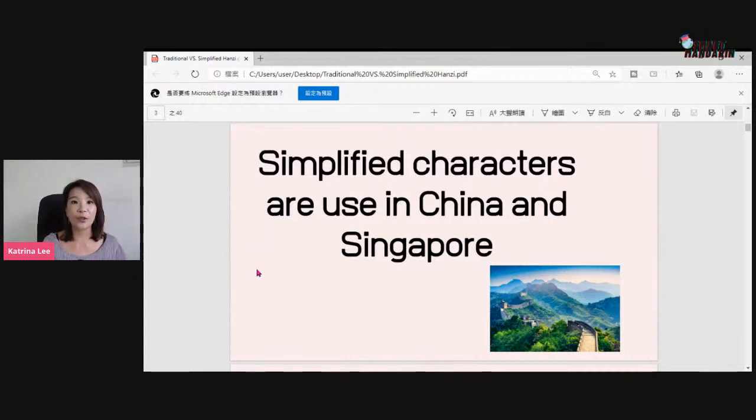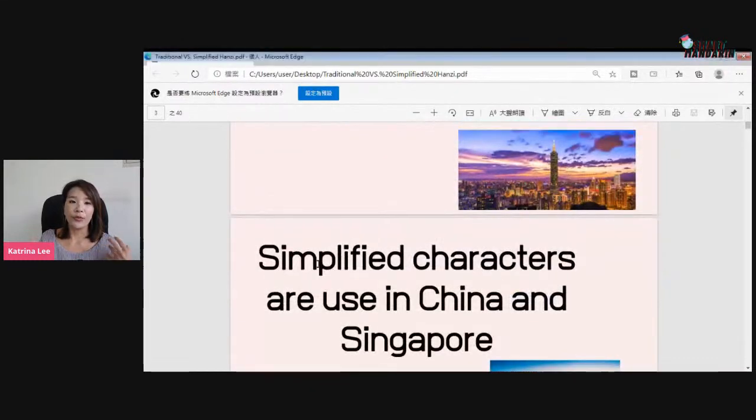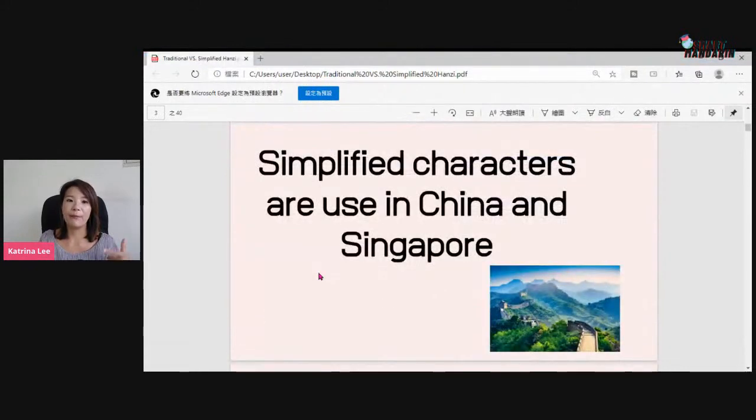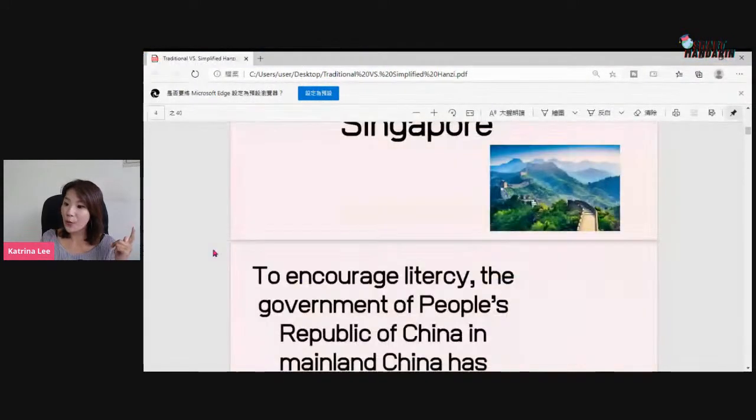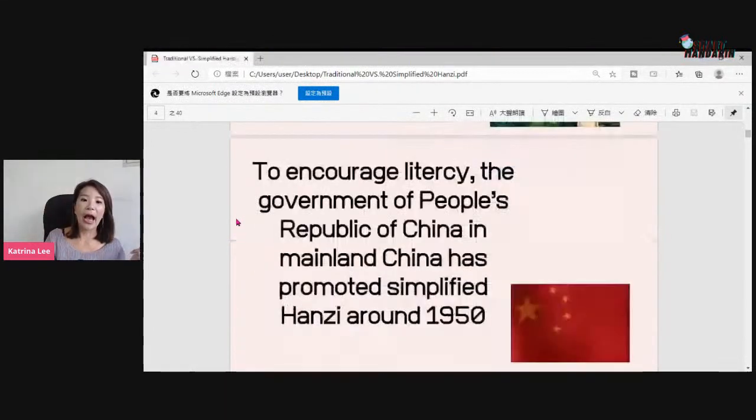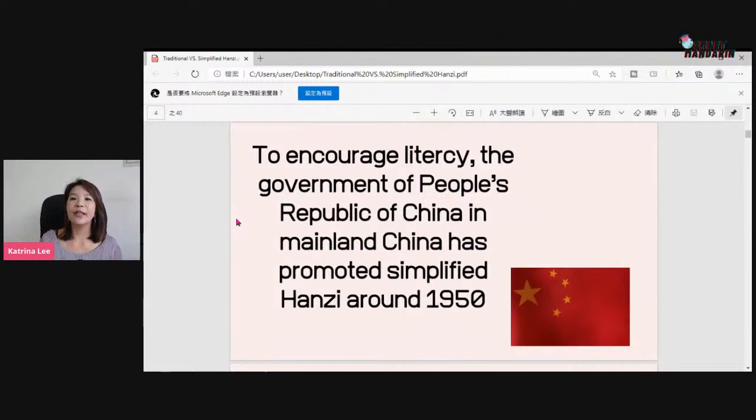And the other one people say is widely used, that is simplified character, used in China and Singapore. But Singapore's official language is English, right? So even if you don't know how to speak Mandarin in Singapore, I think you could also survive very well. And in China, of course, they use simplified characters, okay? So what are the differences? Before we talk about that, we have to know where people use traditional and where people use simplified. First, you know this already. 可以吗？没有问题吧？